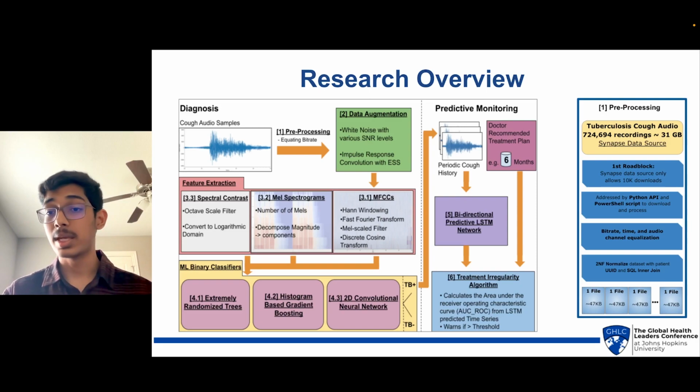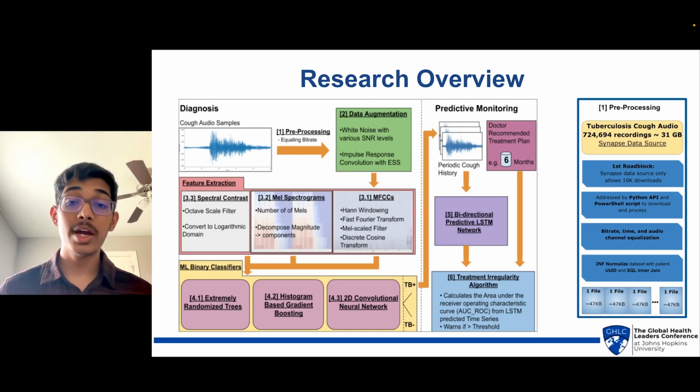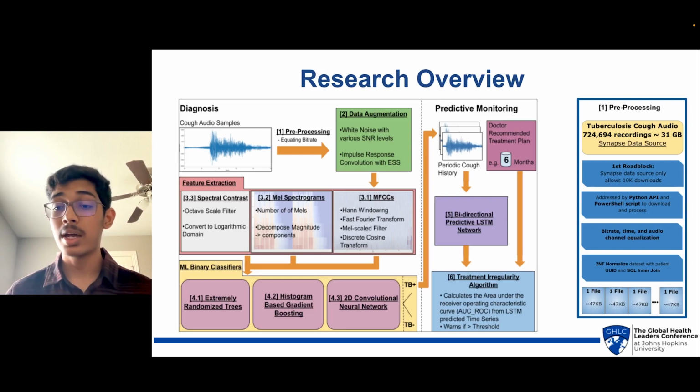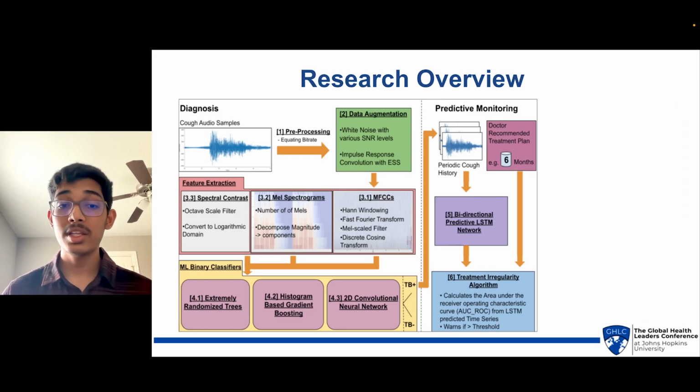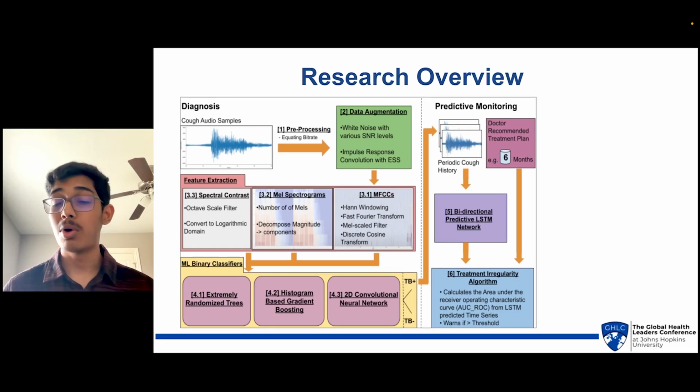The pre-processing step, as seen in the diagram over here, is vital to ensure uniformity of the data. The steps include bitrate, time, and audio channel equalization, and also normalization of the dataset. The next step was data augmentation, which includes white noise and impulse room convolution. I factored in white noise to ensure the model is resistant to background noise, and impulse room convolution, which simulates